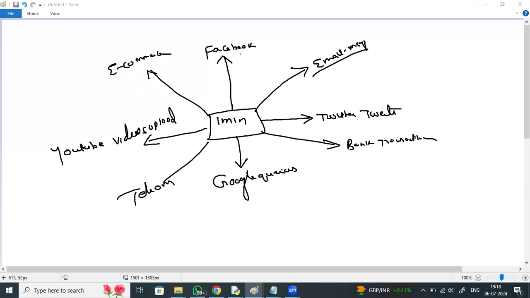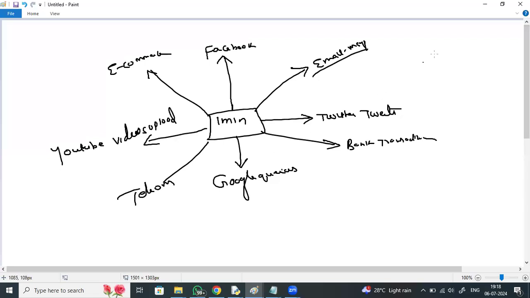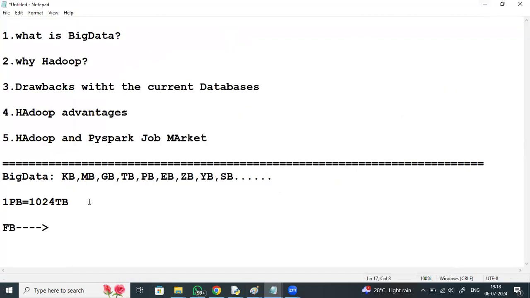So to handle or store this huge data, currently we have databases like Oracle, MySQL, DB2, and SQL Server.